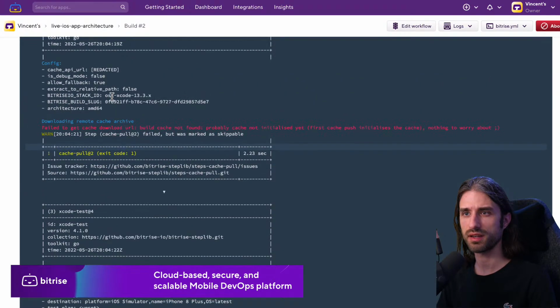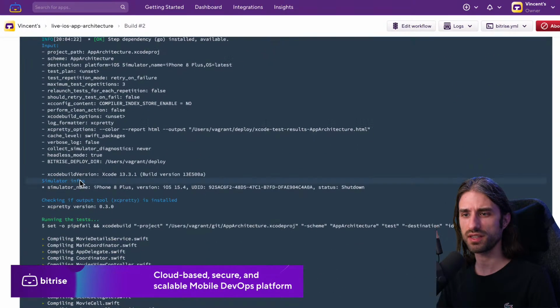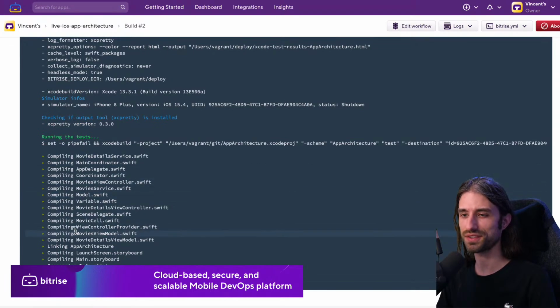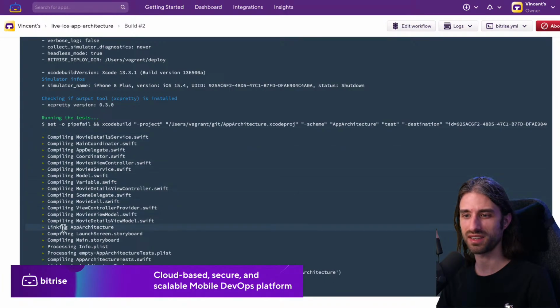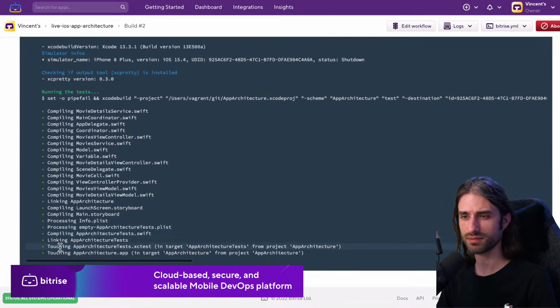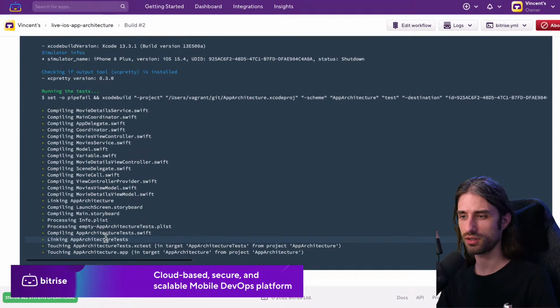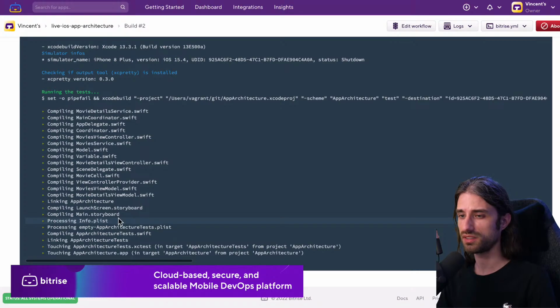Actually, did it already build the project? Okay, it's building the project here as part of running the test. First it's building my project, and we can see the names of the files inside my project. Then it's building my testing code. There was only one file inside that code. And now it should be running my test, and we should see the result appearing. Since it needs to start a simulator and run the code, it's normal that it's going to take a little bit more time.